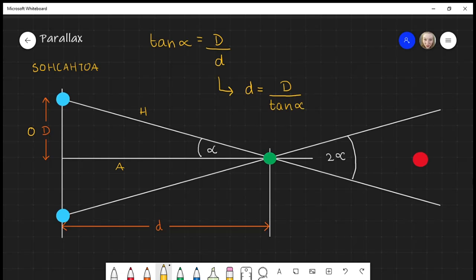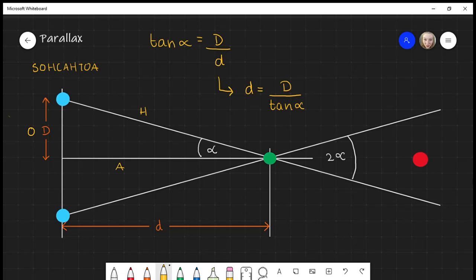Since the angle of displacement, or the apparent thumb movement, gets smaller the further away our thumb is from our eyes, there will come a point where we won't be able to see the apparent displacement, so this experiment does have its limitations. So parallax so far seems pretty cool, but you might be wondering, well, why am I doing